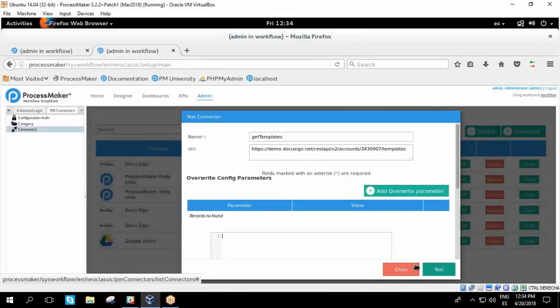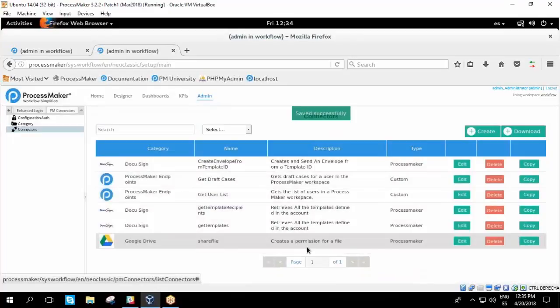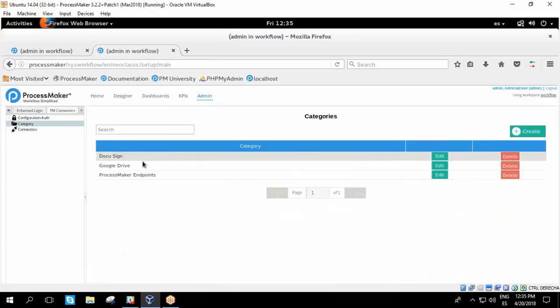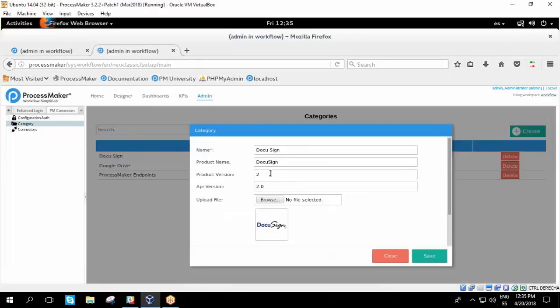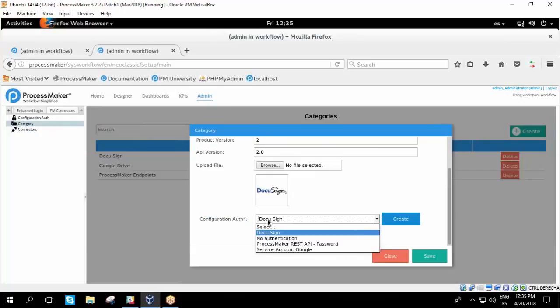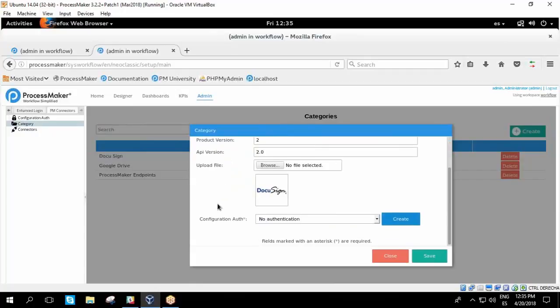So I'm just going to go ahead and close this, close that, save it. And that is the other thing I want to show you. If we go into category and look at the DocuSign category, we'll see that the DocuSign category also has its own authentication configuration as well. So what you're going to want to do is make sure that it's changed to no authentication so that it's